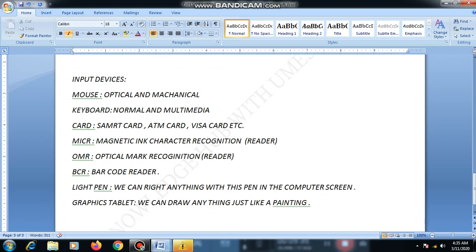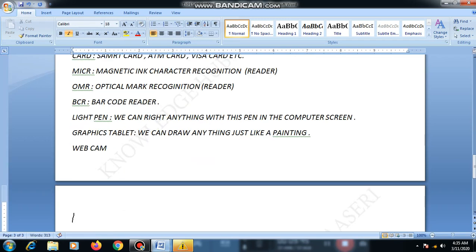These are input devices. Webcam is also an input device. We can take pictures, etc. Now another input device is the mic. We can input the